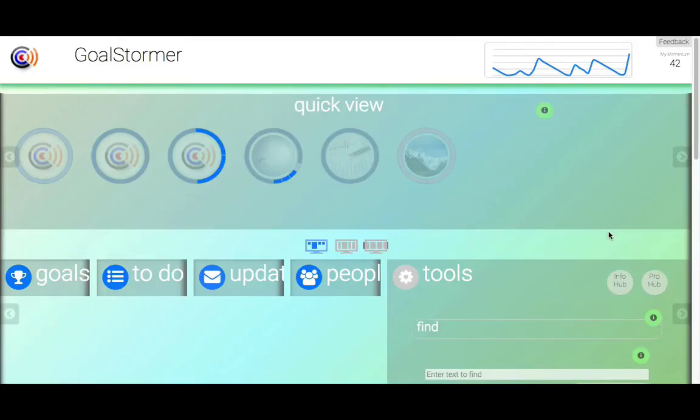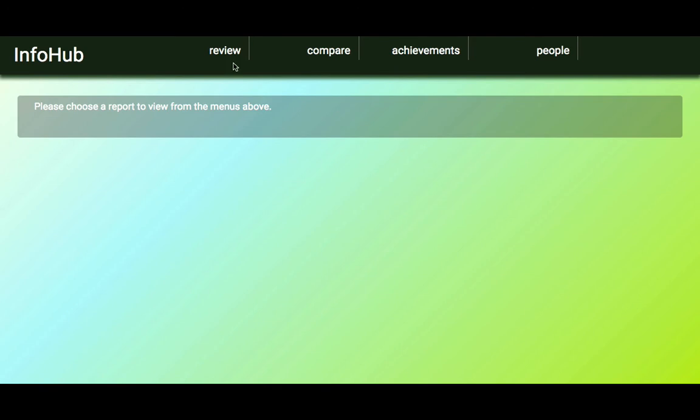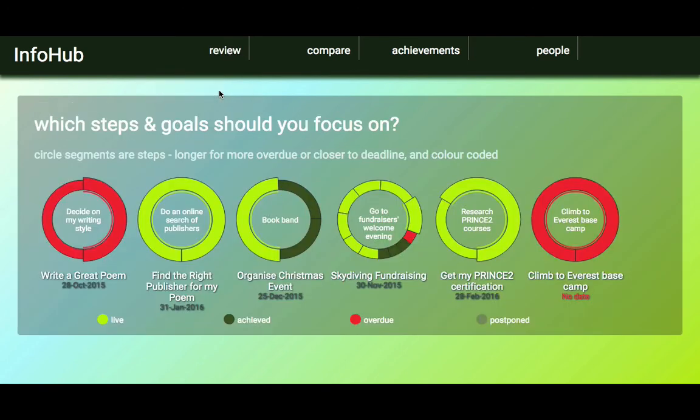The second User Plus benefit is the Info Hub, which if you go into the Tools tab, you'll see an Info Hub button. Click there, and now I have access to all sorts of extra reports about my goals. So here, this looks like the dash strip along the top of the main user interface, but with a much more vivid colour scheme to let me see which steps I need to concentrate on. So here's my